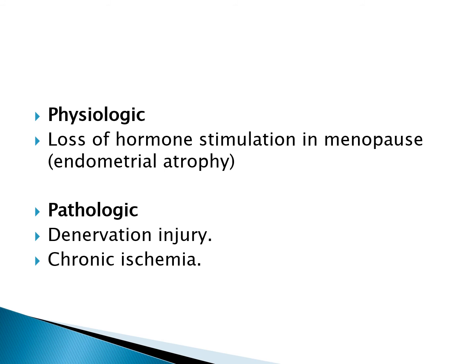As I said, it can be physiologic, it can be pathologic. The best example of physiologic atrophy is the loss of hormonal stimulation after menopause. That's after the age of 50, usually due to the normal decrease in estrogen levels in the blood with correspondent endometrial atrophy. Pathologic atrophy can be due to denervation injury, for example, or chronic ischemia, like the skin of the lower limbs in patients